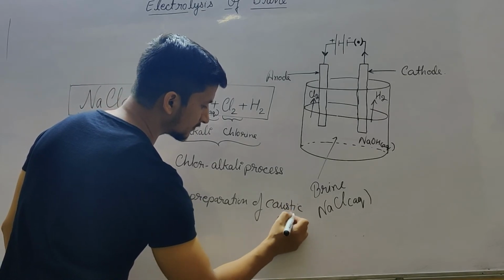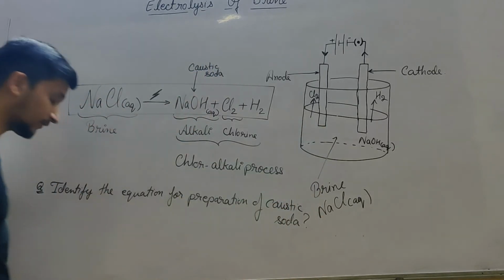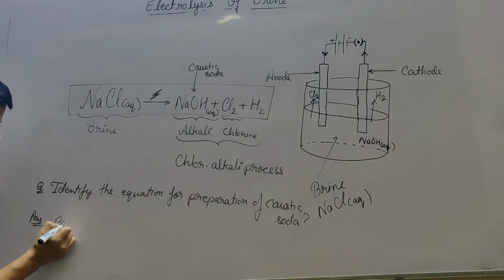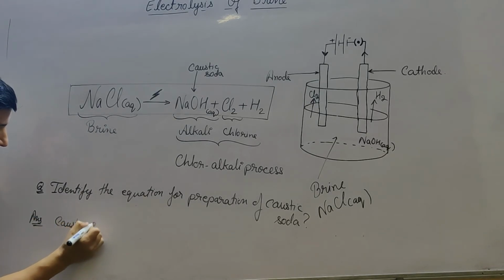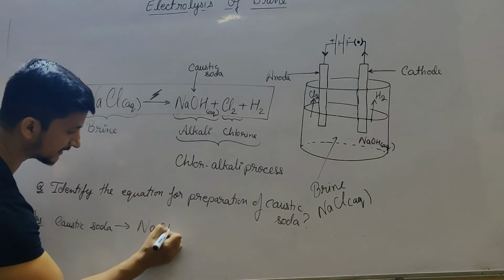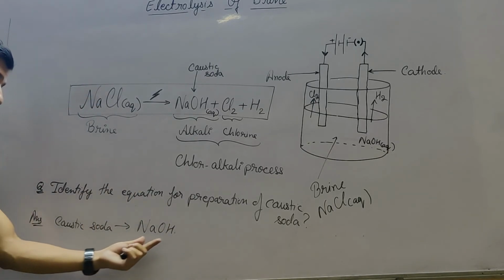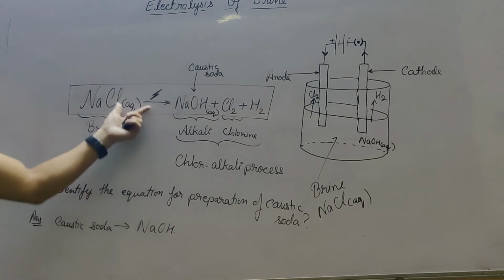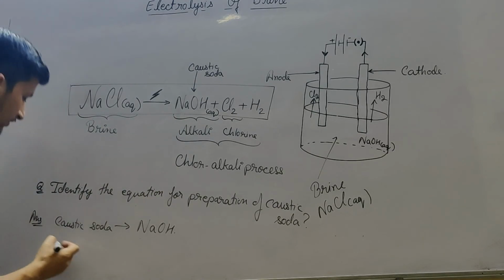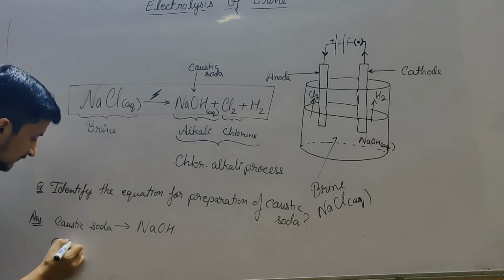First of all we should know what caustic soda is. Caustic soda is sodium hydroxide, that is NaOH. So we have to produce caustic soda, that is NaOH, and we know that in the chlor-alkali process caustic soda is produced. So your reaction will be